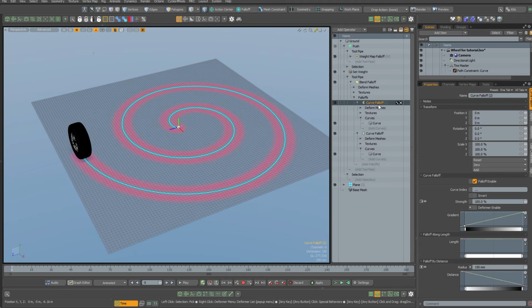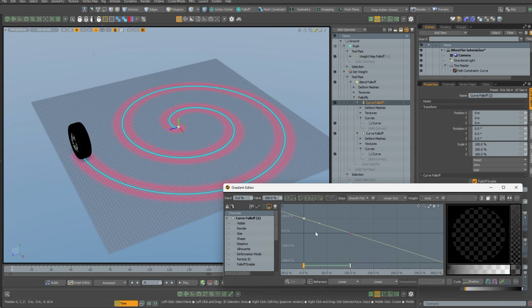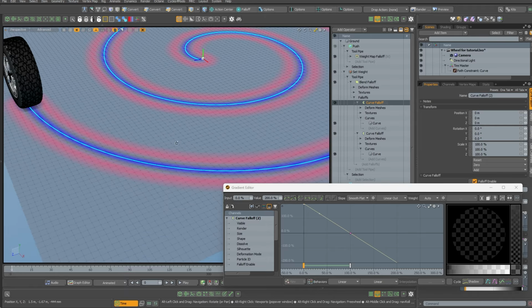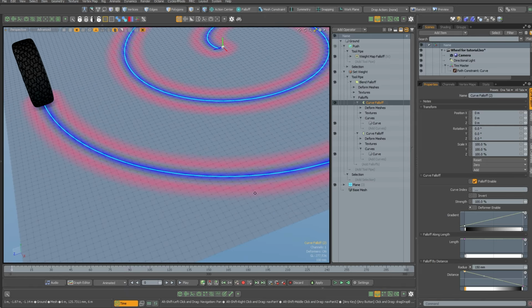So we'll go back over here to my curve fall off. And here, this is the fall off by distance. I think you could do either one of these, but let's just do this one. Let's pop this up, just click the little gear, say open an editor. And I'm going to grab the one that's 100%. I'm going to overdrive that to a little more than 100%, right? Maybe even 200%. And you can see it's getting like a negative weight map in the middle there and then